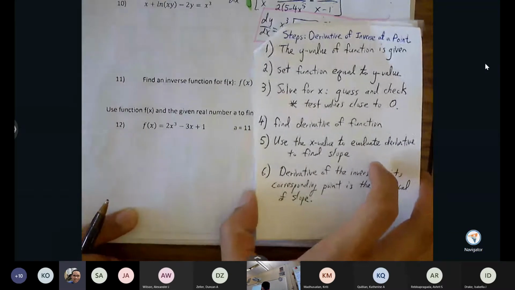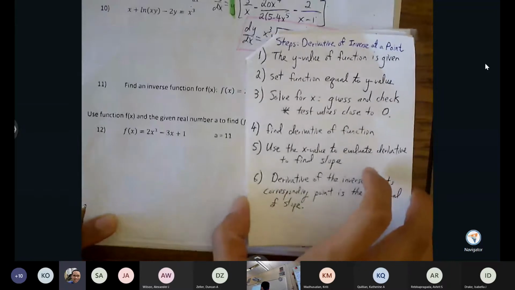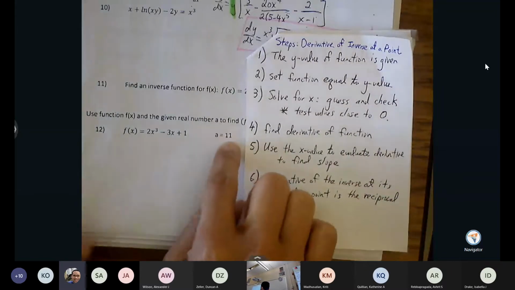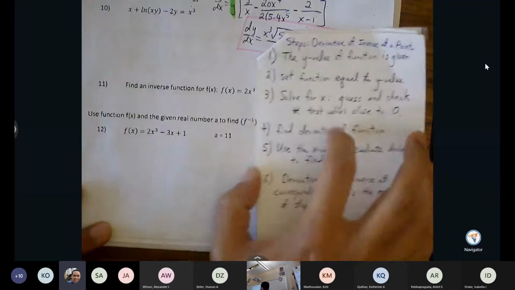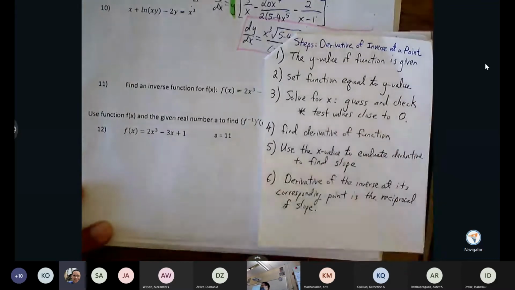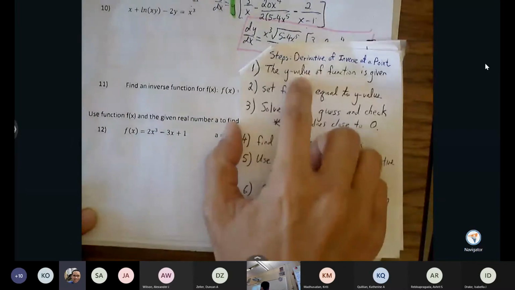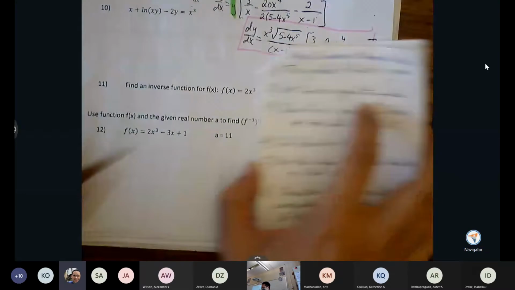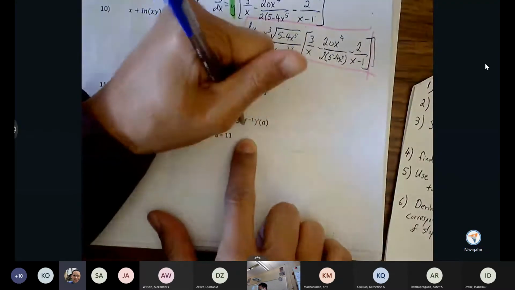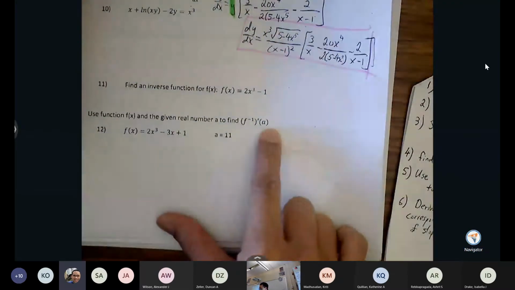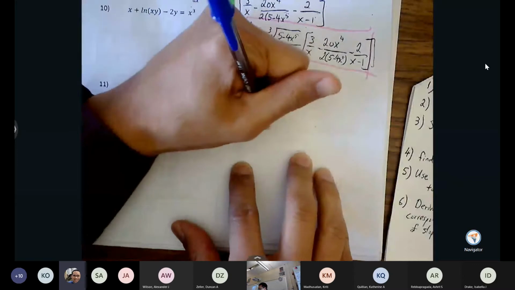So here, the first thing that we have to recognize is that the value that's given to you in the problem is the x value of the inverse, but it's really the y value of the original function. That's what we have to recognize, because f of x is what we're working with. The number given to us is not the x value of the original, it's the y value of the function. So the problem may be asking for this. It's asking for the derivative of the inverse at 11. So we're trying to find